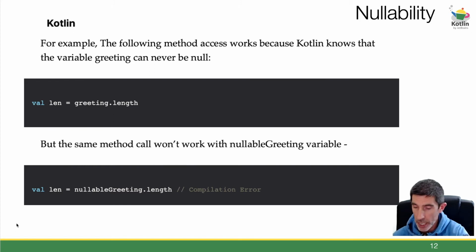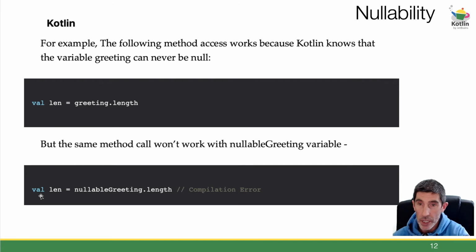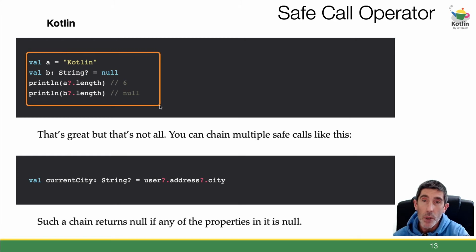So if we look at this on the next slide, sorry, do I have an example there? Or sorry, I don't. Okay, so a way around it, trying to use those if statements or wrap it up in some kind of check, is this thing called the safe call operator. So if we look at an example up here,